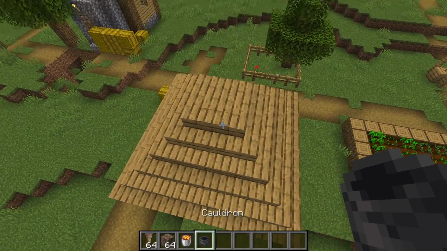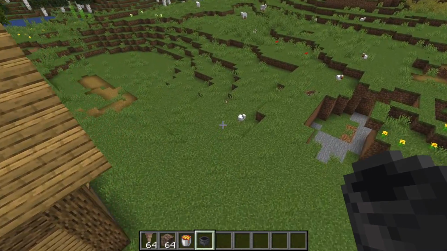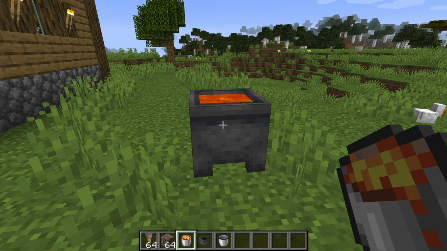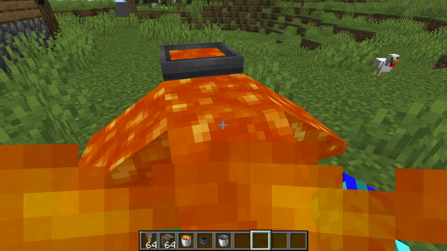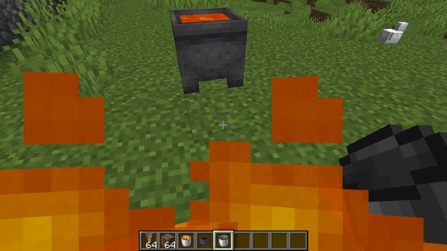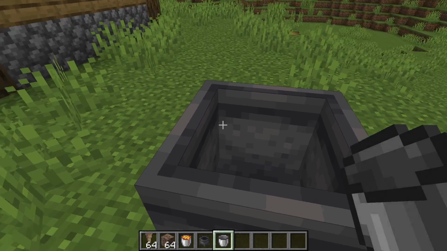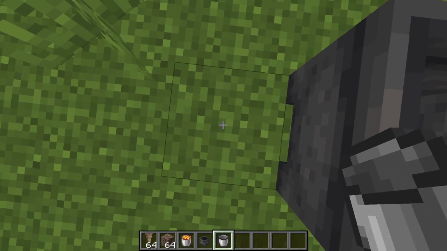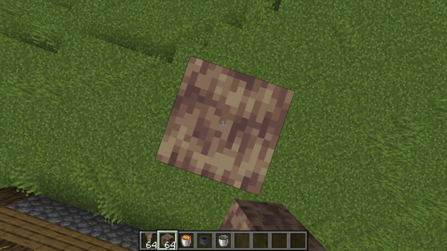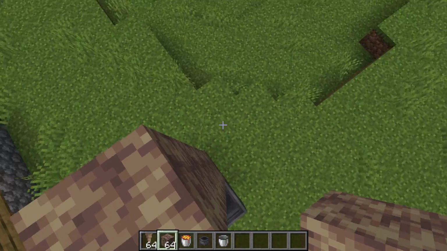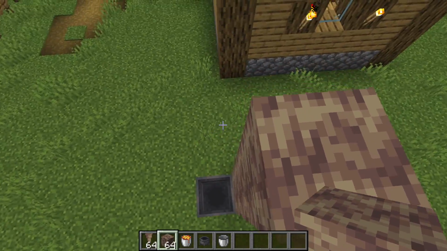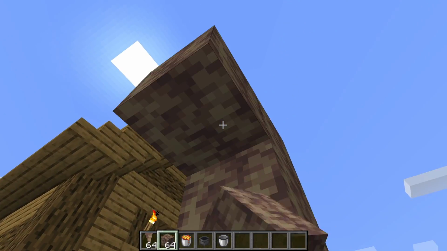Okay, so I found the cauldron, and look, if I place this, and then I can place the lava. Oops. Anyways, see, I can place the lava inside the cauldron. Cool. But I can actually use this to make infinite lava sources. If you didn't know this, in Java Edition, there are no infinite lava sources. There are infinite water sources, but no infinite lava sources. So